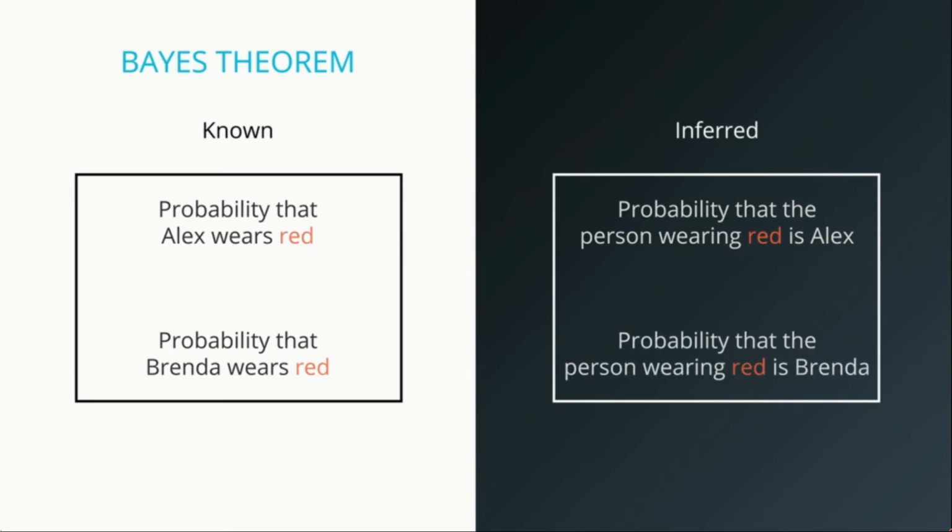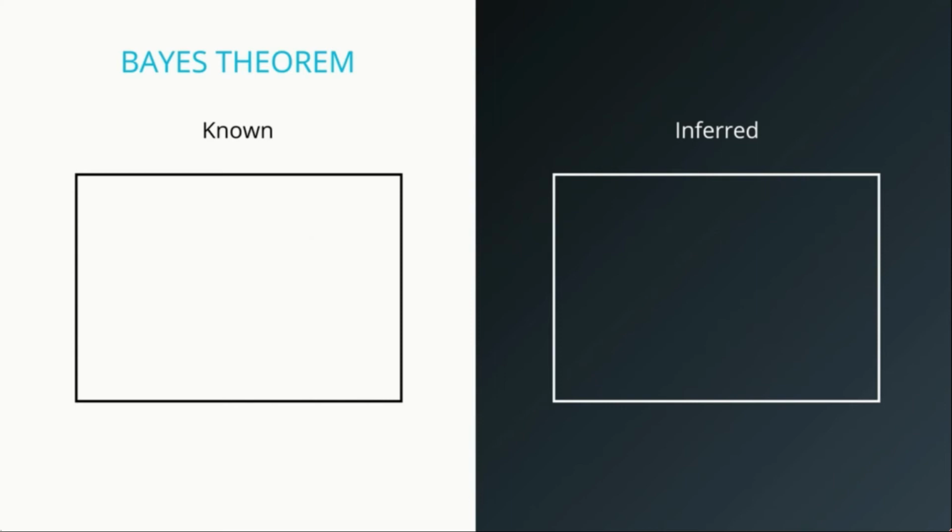In other words, initially we know the probability of an event A, and to give us more information, we introduce a new event R, which is related to A. We know the probability of R given A. What Bayes' theorem does is, from these two, it infers the probability of A given R. This is the new probability of A once we know that the event R has occurred.